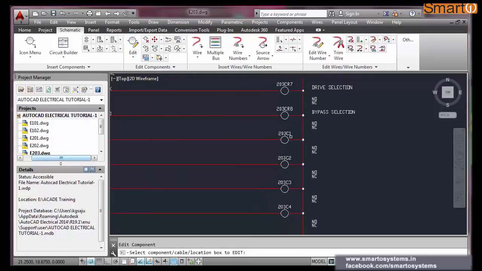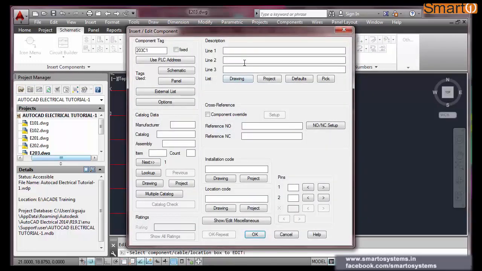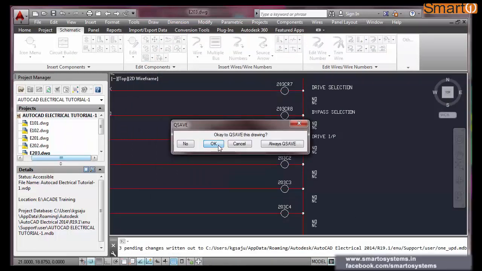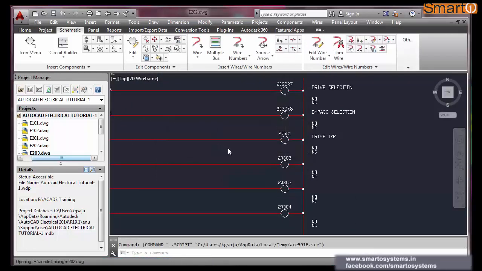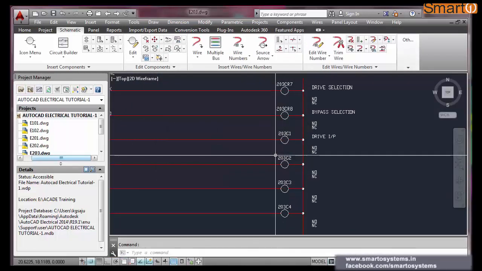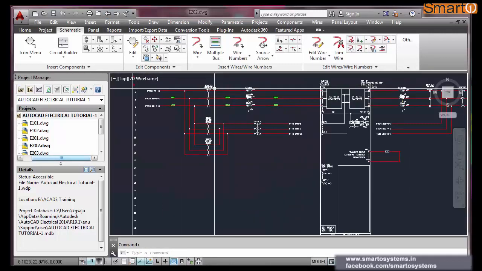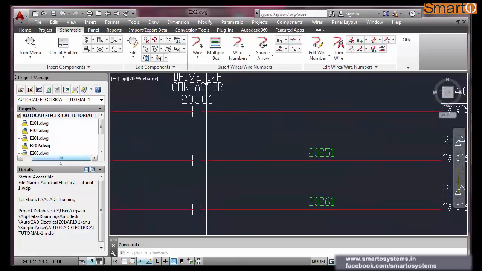C1, C2, C3, C4. Then we have used 4 contactors. So this one is for drive input. Fine. It will automatically update the other contact as well. 203 drive input.